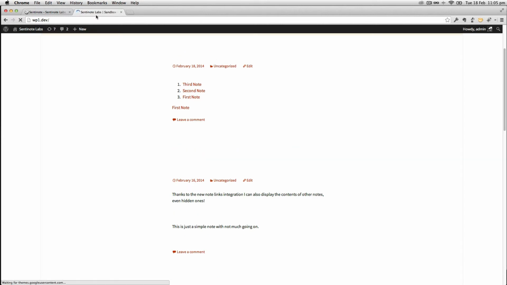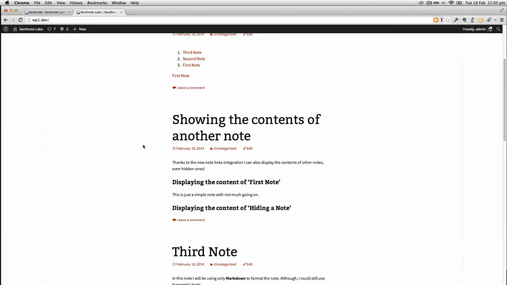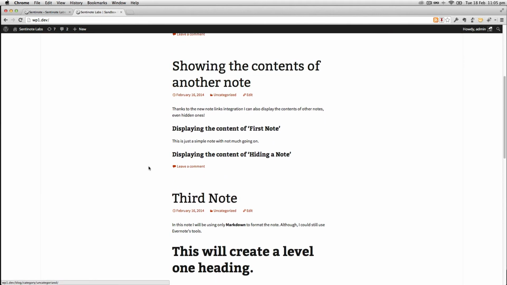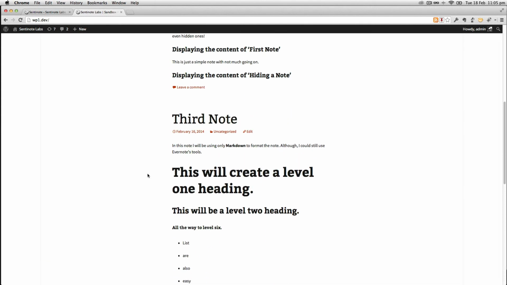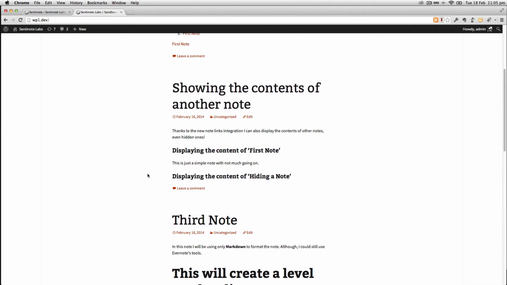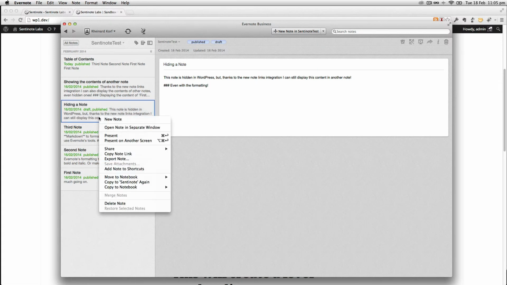I'm going to refresh the blog. And as you can see, there's a table of contents showing contents of another note, third note, second note, first note, but that hidden note is not in here. But I'm going to pull out the content from that hidden note now. So I'm going to go back to Evernote. I'm on the hiding a note note, so I've got it selected. I'm going to right click on it, click on copy note link,